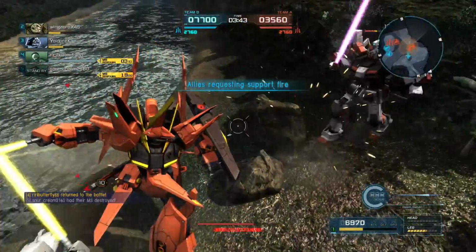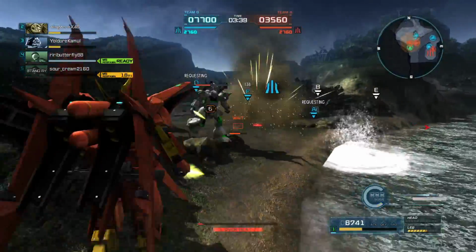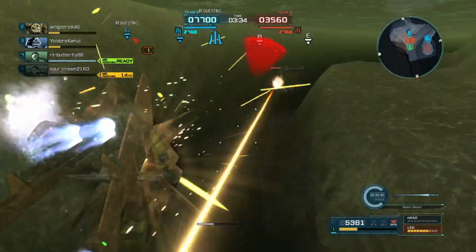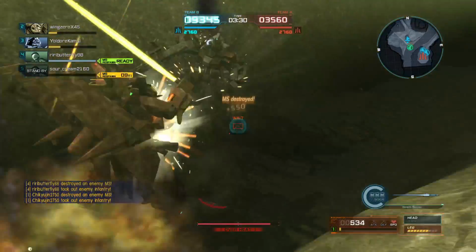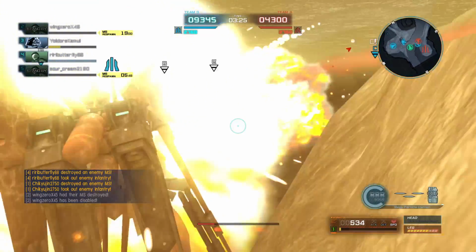And managed to tag them both with that melee. The camper managed to just get out of it. I'm going to try and keep them hanging on here, just to try and get them in the support fire. It seems to have worked. I got hit by the support fire too, but the camper got taken out, and I was able to finish the G5